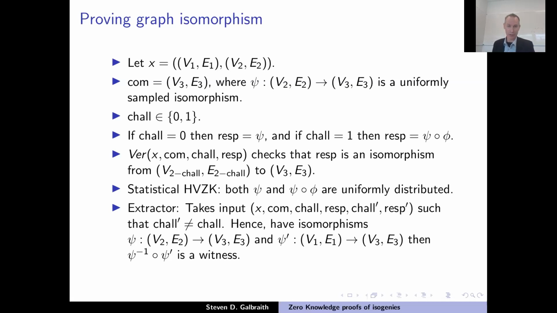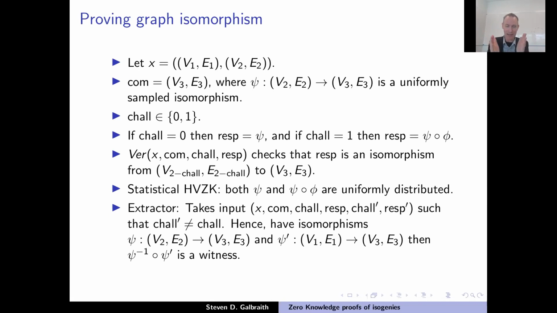So why is this zero knowledge? Well, I claim that the responses, even if you don't know the witness, you can answer this. And the reason why is because when you see a response, it's a uniformly chosen graph isomorphism from the second graph to the third graph, because that's what it says on the second line, uniformly chosen isomorphism. So in the case where you're responding to the challenge 0, you get a uniformly sampled isomorphism. But I also claim when you're answering the challenge 1, you're also getting a uniformly sampled isomorphism because phi is fixed. But we're just talking about permutations of finite sets. If I fix a permutation of a finite set and then compose with a uniform permutation on a finite set,